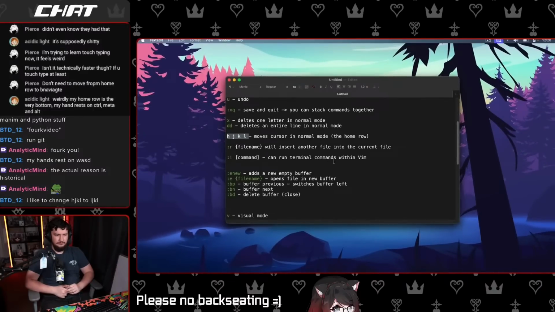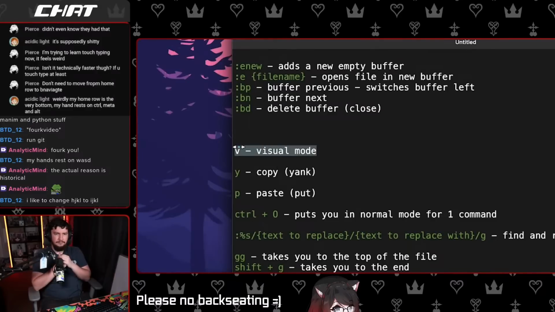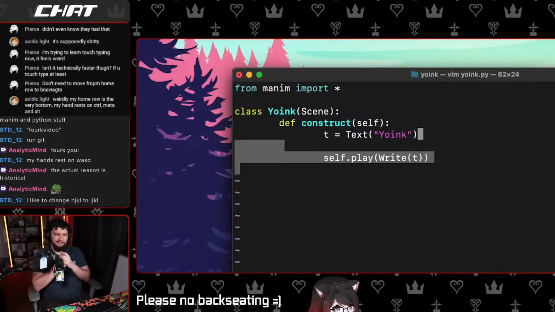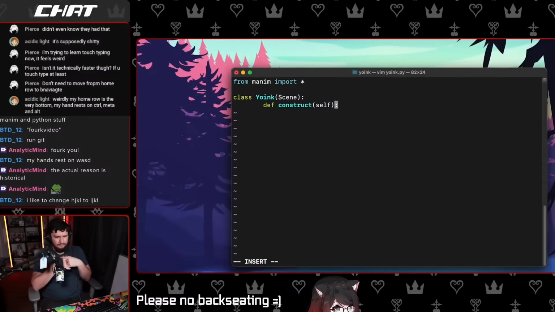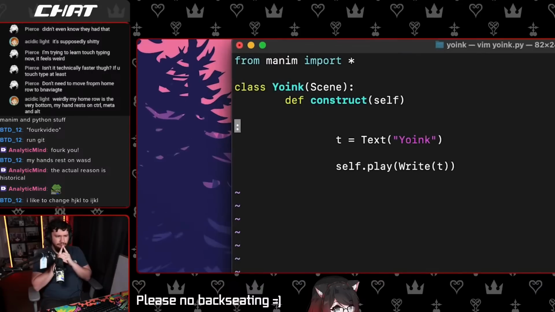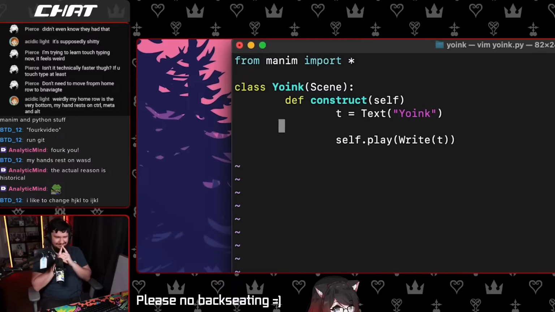Okay, a couple more interesting keyboard shortcuts. The letter V enters visual mode, which lets you select text. And for example, now if I cut this out, DD to cut it out, I can go into the insert mode, add a new line here, then escape the insert mode and press P to paste it in. Okay, there's a random colon here. I can use X to cut it out. Okay, DD cuts out this line and this line and this line.